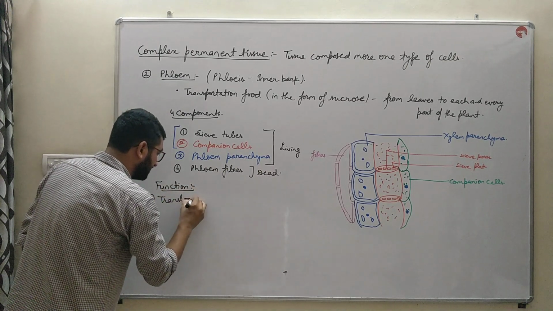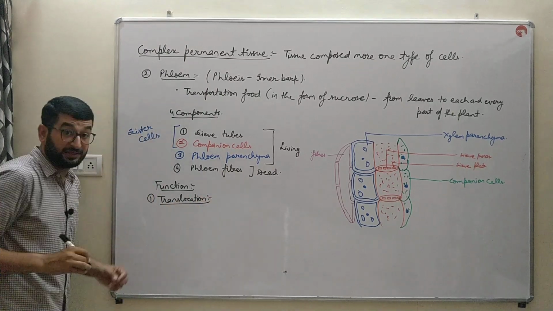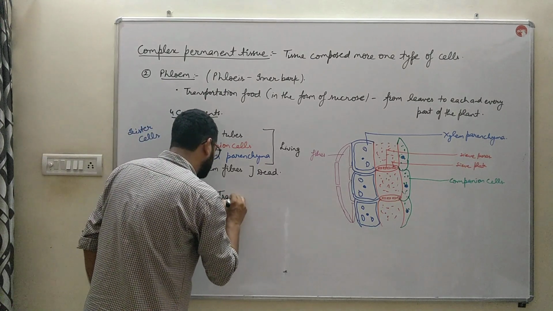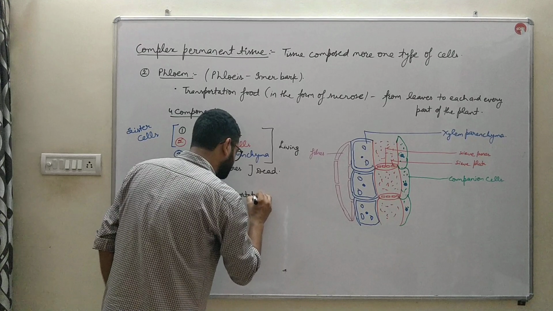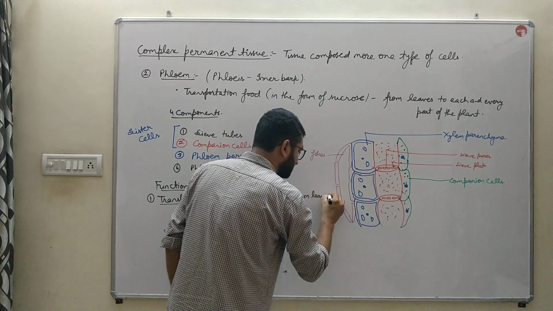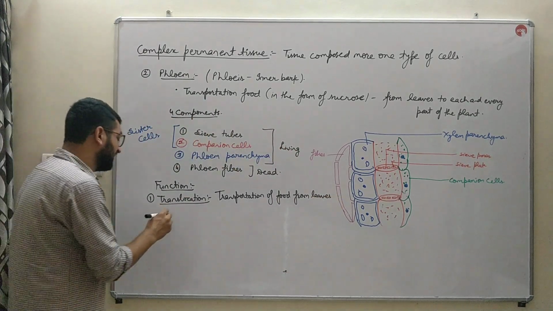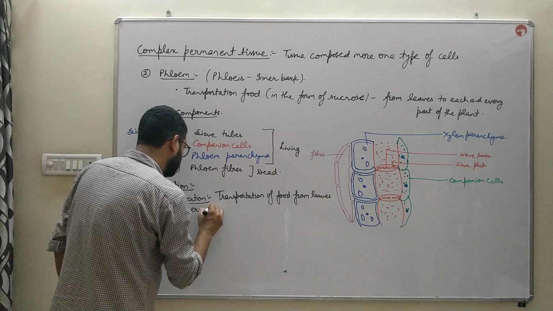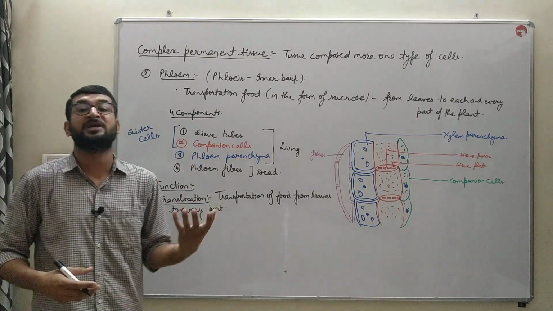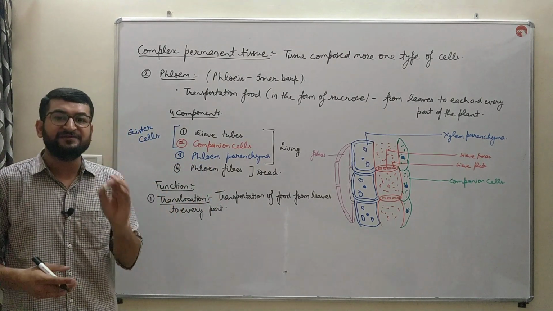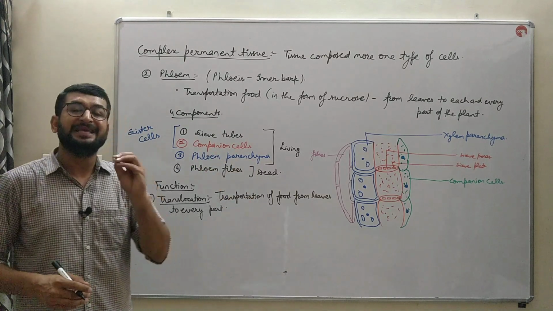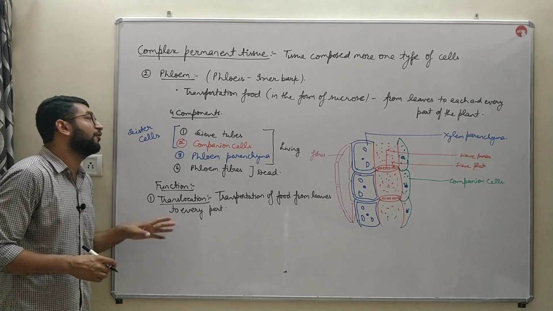Phloem performs translocation. Another one mark, very important definition: what is translocation? Transportation of food from leaves to each and every part of the plant is known as translocation. You can improvise this definition as well. The transportation of food in the form of sucrose from the site of photosynthesis, that is leaves of the plant, to each and every part of the plant through phloem tissue is known